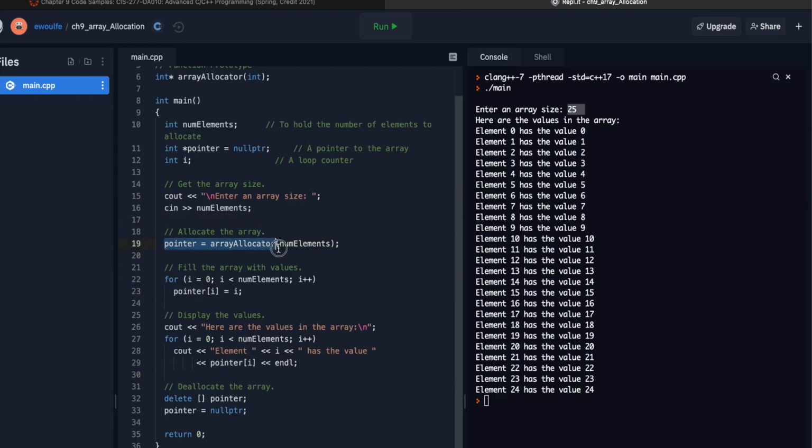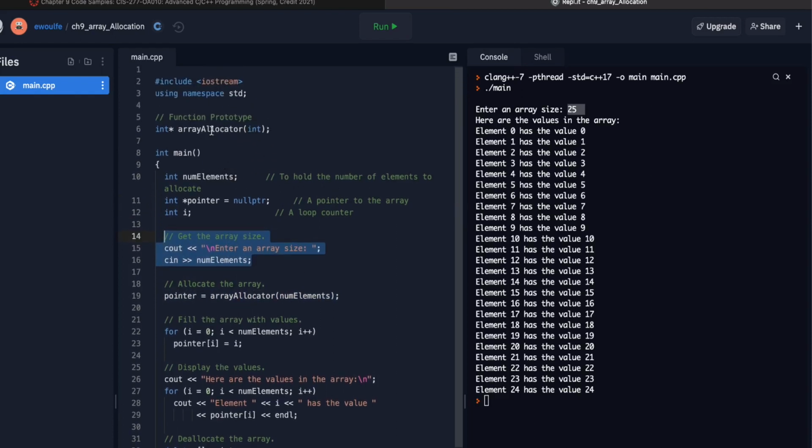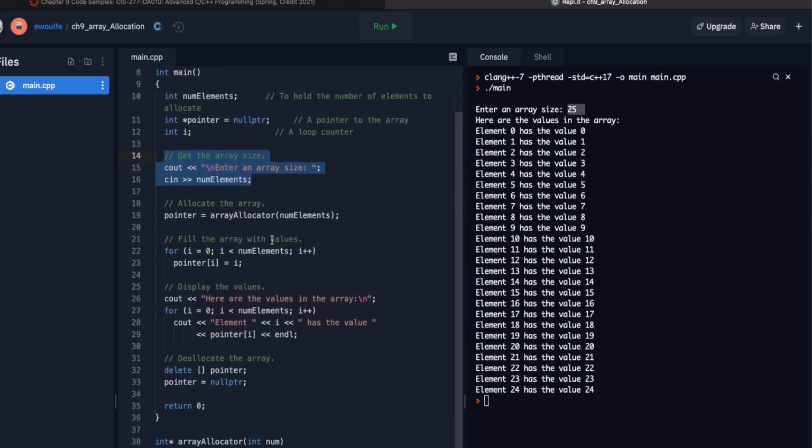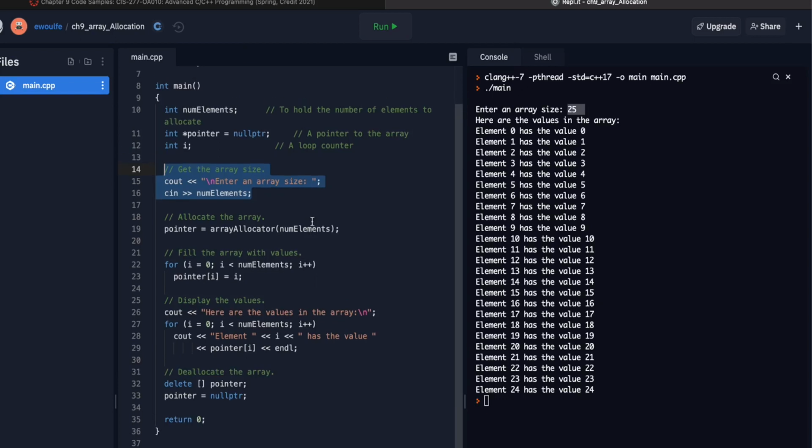So here is the wrinkle for this chapter, essentially. We're saying that pointer, which remember is a pointer to an integer, in this case a pointer to an integer array, equals array allocator number of elements. So by calling array allocator, we are going to create an array of size however many num elements is. We are going to populate that array, and